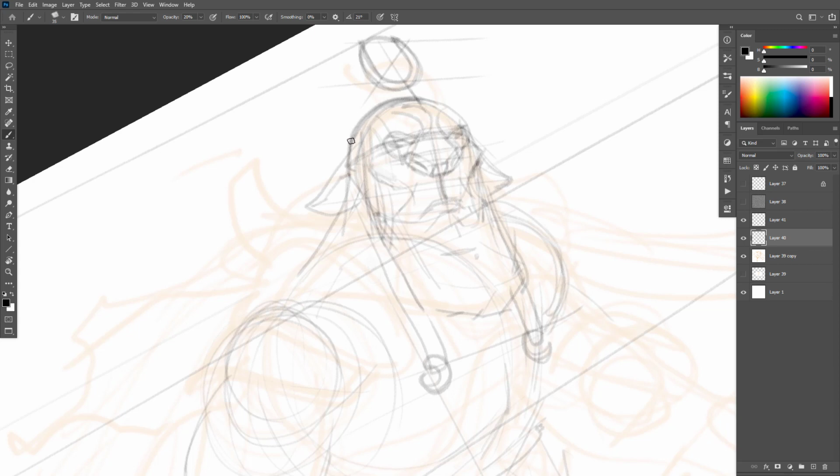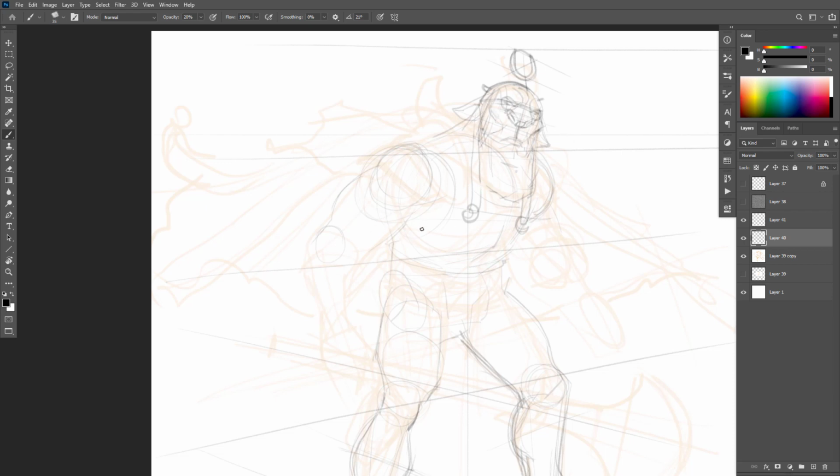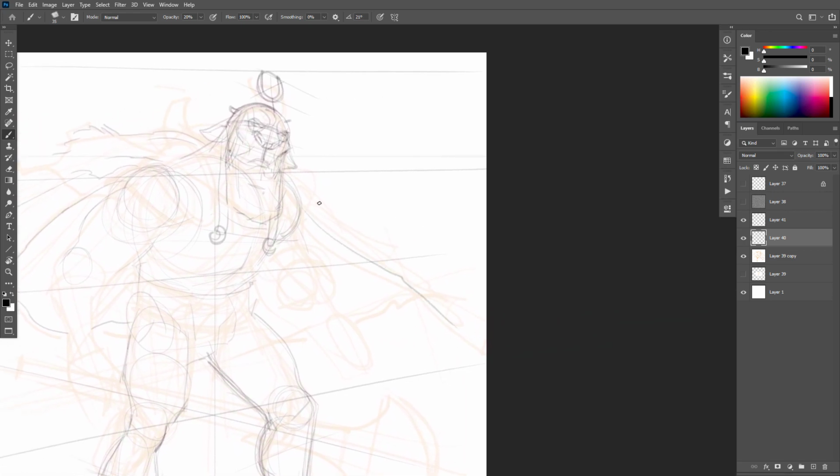Alright, and again, there's this kind of weird little skull cap style helmet with a few horns here. And basically, he's got like a cloak, a sort of fur here. And so I'm sort of thinking, again, imagining where that cloak is going to be as it goes around, sort of drawing through. But you don't have to indicate that harshly. Again, going to go through here, find this, and like all superhero capes and things,